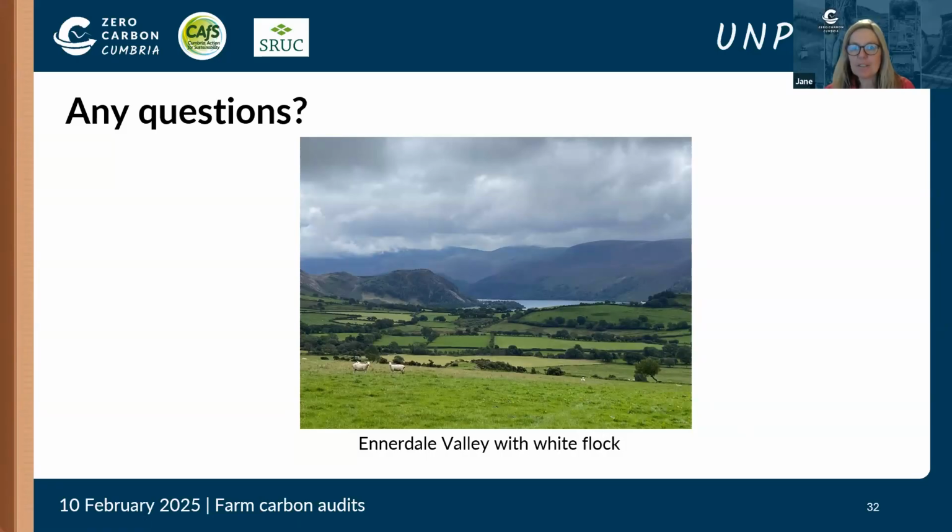And there's another question. Wouldn't CO2 losses from the soil cultivations to grow forage crops or pasture reseeds cancel any gains in reduced use of feed supplements? That goes right back to your session right at the start, doesn't it? Yeah. I mean, it depends what your cultivation methods are really, but you can reseed a field without actually resorting to a plough. But again, it's all about balancing the pros and the cons, because if you've got a stagnant, stale pasture that isn't growing a lot of grass to feed your livestock, there will come a point where you will have to go in and reseed it, or you will have to oversow